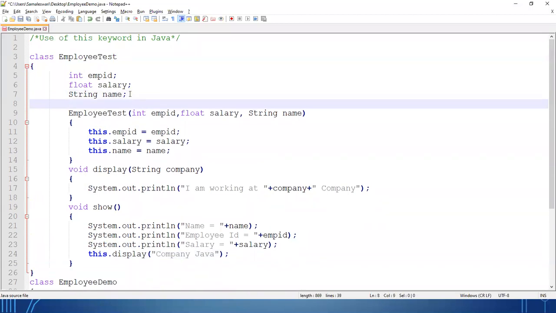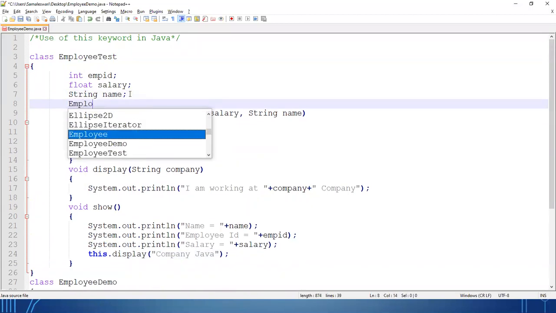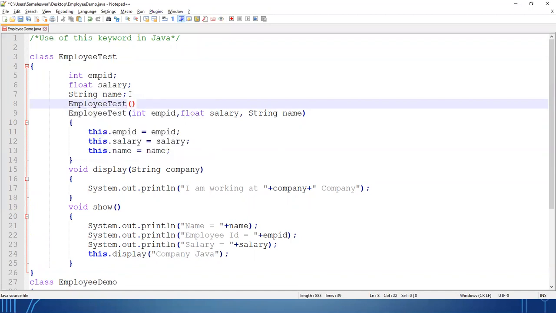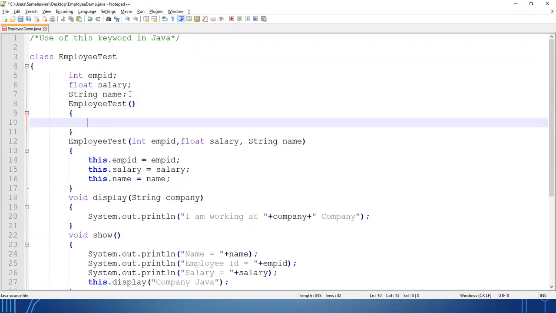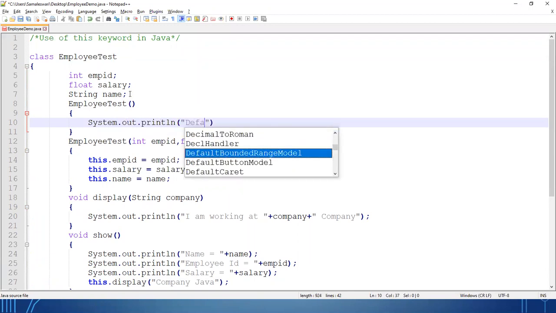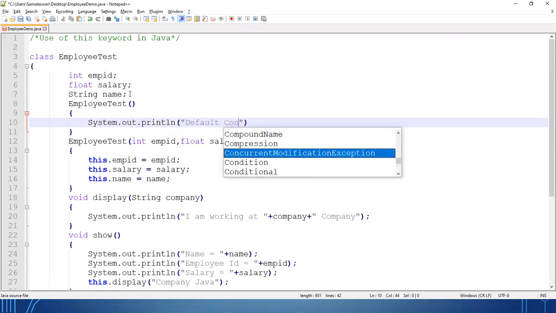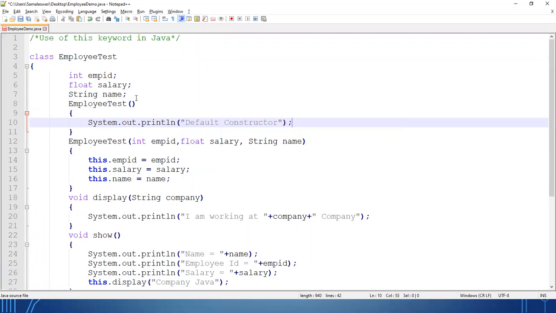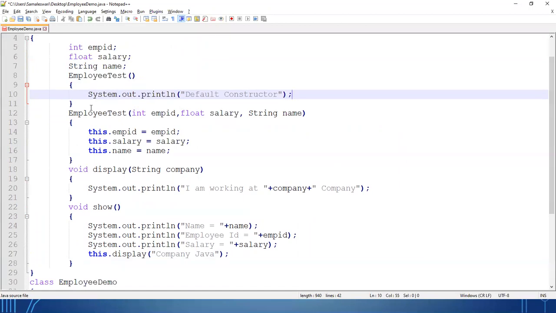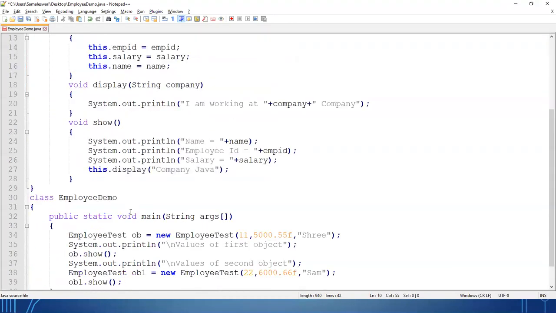Suppose we have a default constructor also. So we have a default constructor in our program.